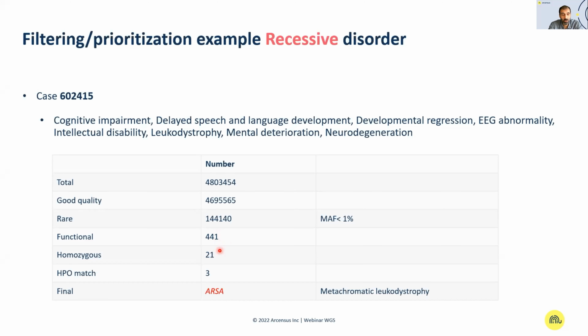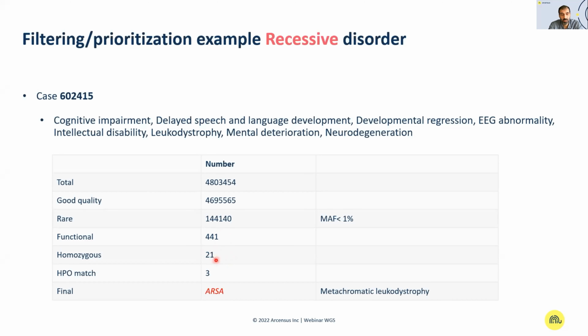And then if we focus on the ones that are only expected to be homozygous, because in this particular case, due to the consanguinity in the family, we suspected that the variants are homozygous, this reduced the number to 21. And then based on the association with the symptoms, we focus on genes that are known to